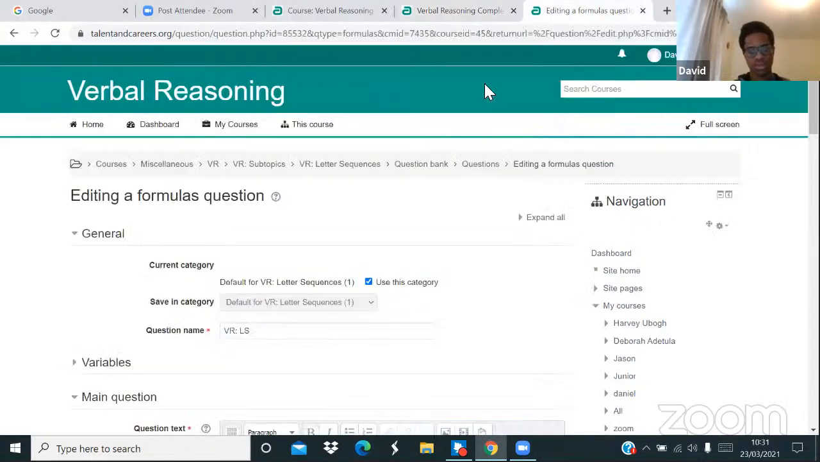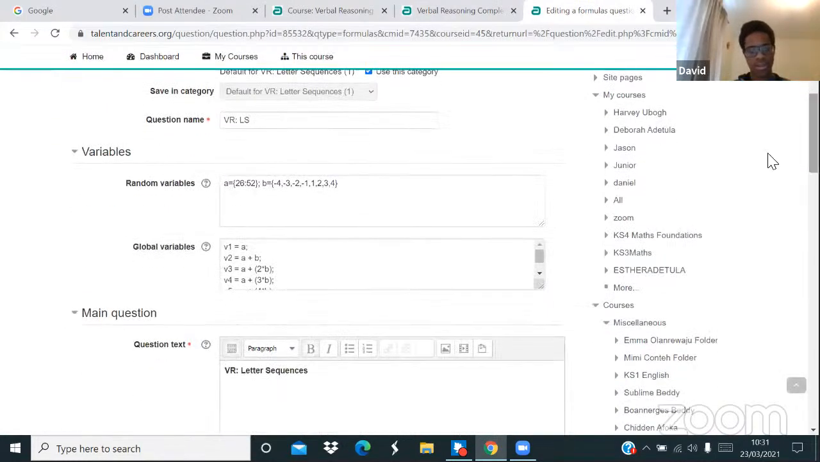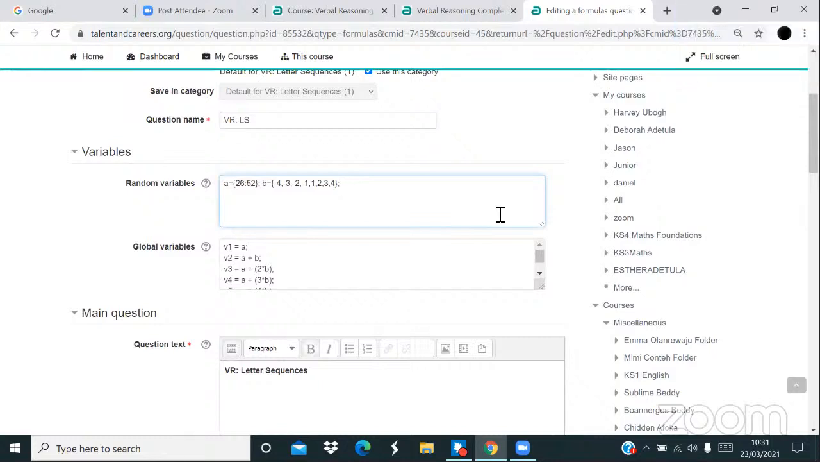Right. Okay. So the way that I do this is that I then create another variable. So usually when I create quizzes, I like to do